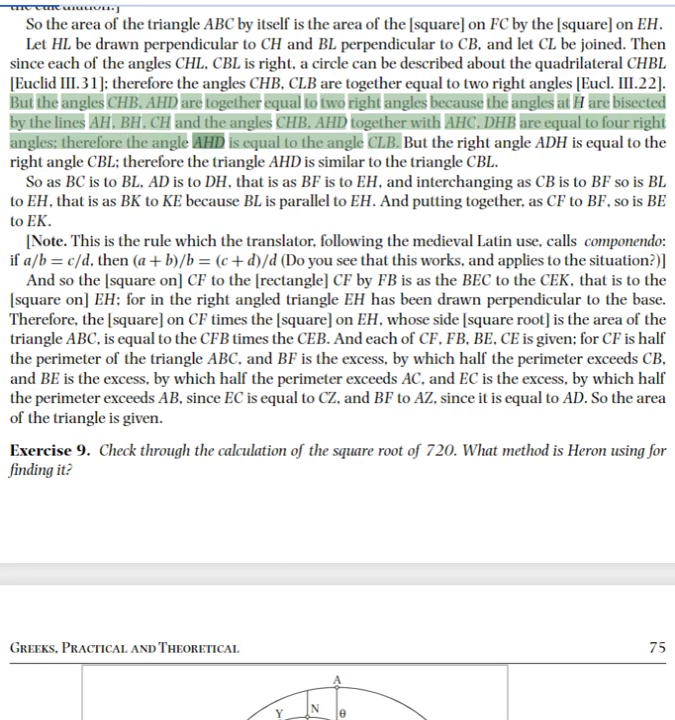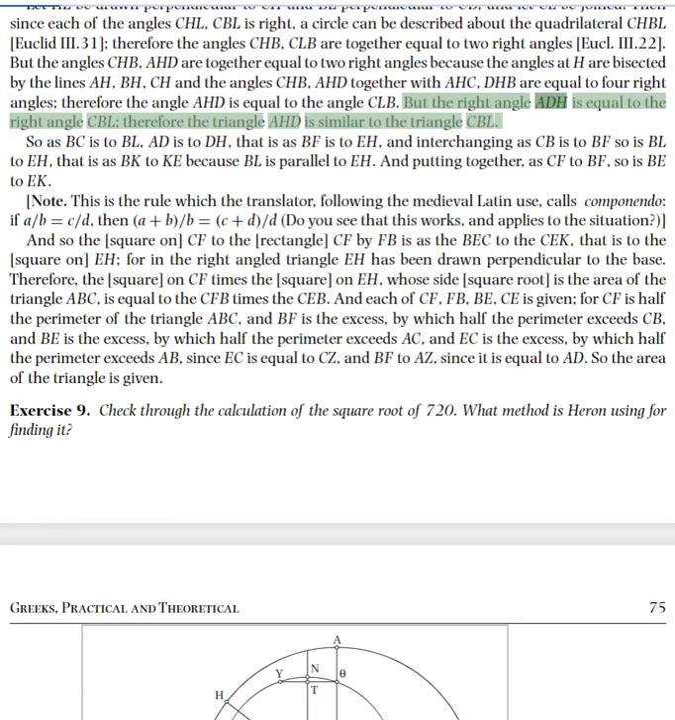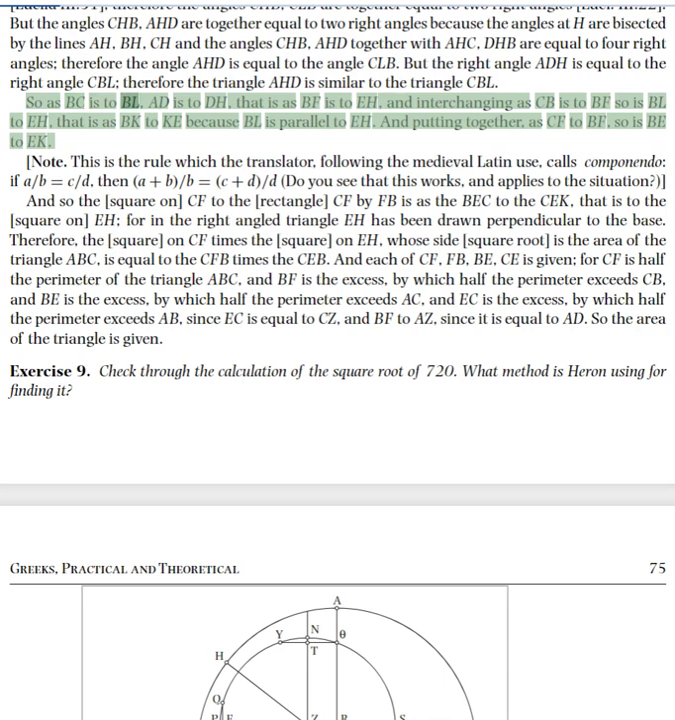Therefore the angle AHD is equal to the angle CLB. But the right angle ADH is equal to the right angle CBL. Therefore the triangle AHD is similar to the triangle CBL. So as BC is to BL, AD is to DH, that is as BF is to EH, and interchanging as CB is to BF so is BL to EH, that is as BK to KE because BL is parallel to